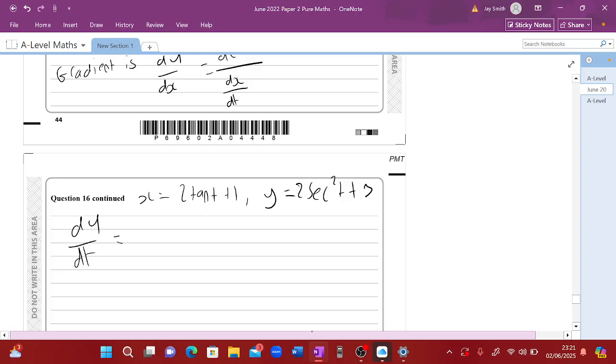So I need to differentiate sec squared. The way I'm going to do that, well, I'm going to realise that I can say this is 2 of sec t, all squared